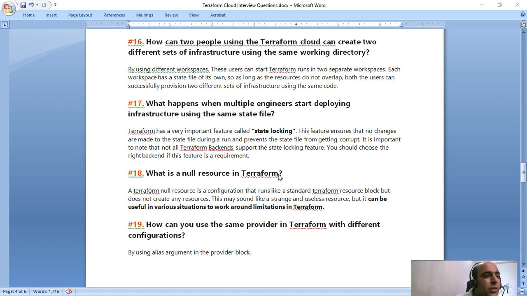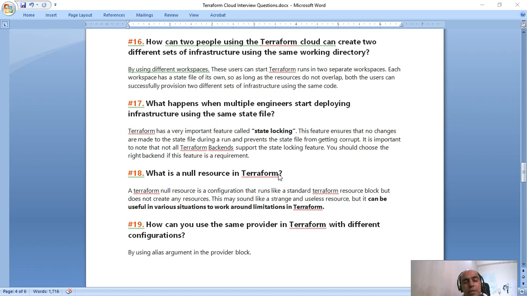What happens when multiple engineers start deploying infra using the same state file? This is a tricky question. But what can be done? Terraform has a very important feature called state locking. This feature ensures that no changes are made to the state file during a run and prevents the state from getting corrupted.